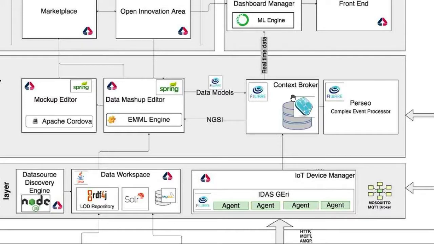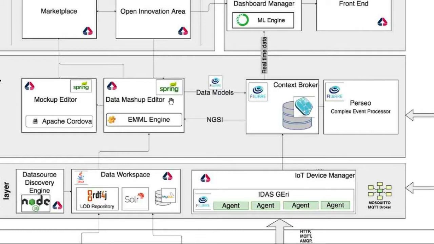The Orion Context Broker is the tool that contains the context information, like the last and most recent measures sensed by the devices or the current status of the data available in the open data portals or in other REST services, legacy systems, for example. Through this component, we are able to decouple the whole architecture, and we are able to dispatch this context information all around the platform to the most interested components, like the city dashboard manager or the city data mashup editor,